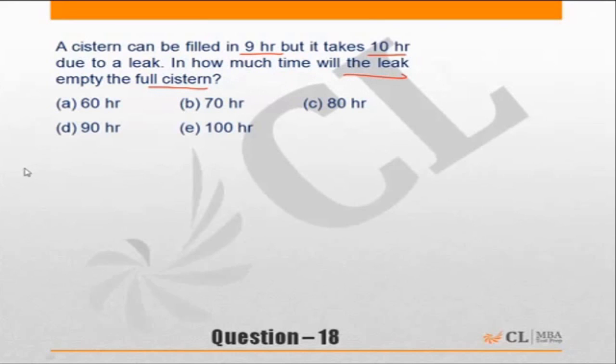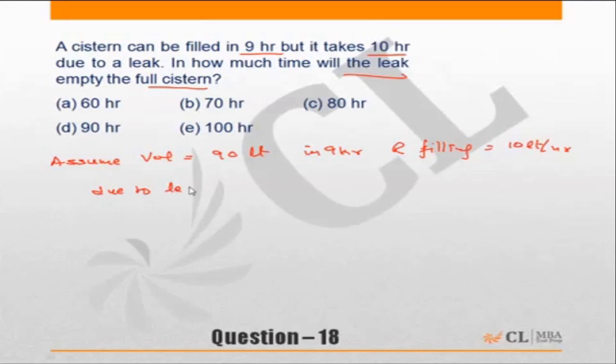There are a couple of different ways of doing the question. Let's look at the easiest way of solving this kind of question. The easiest way would be to assume the volume of the cistern. So let me assume that the volume of the cistern is equal to 90 liters. Since it is filled in 9 hours, that means the rate of filling is equal to 10 liters per hour. Now due to the leakage,